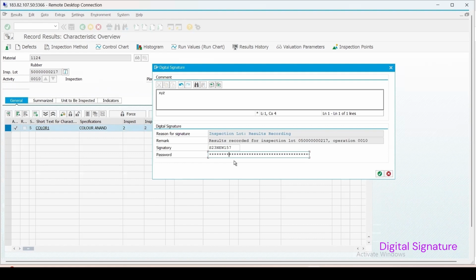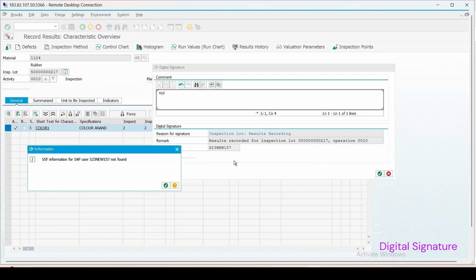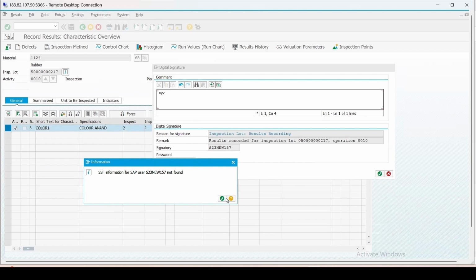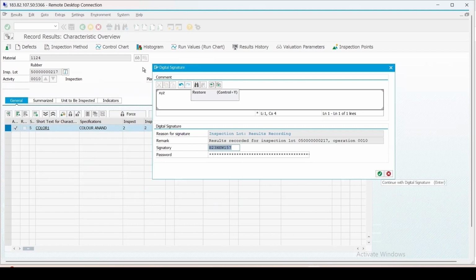Let me enter the same, which I am using. Enter. Okay, some settings are still pending. That's why it is giving me this. Settings can be done with the help of the Basis team.